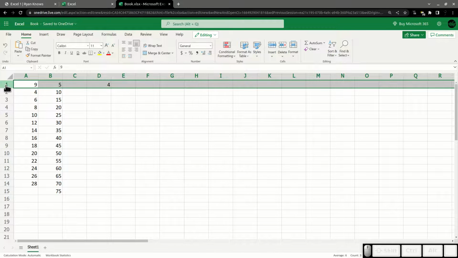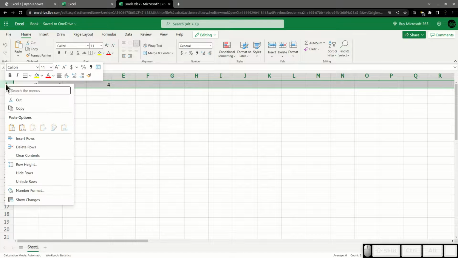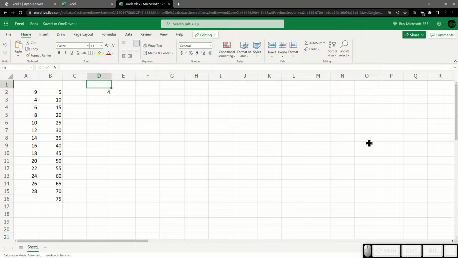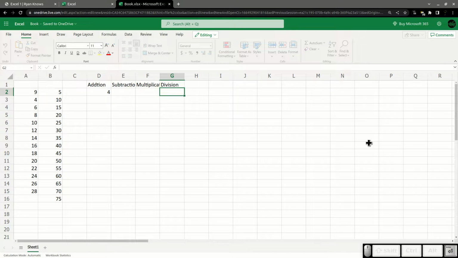I'm gonna right click or 2-finger click depending on what device you're on, and I'm gonna go to insert rows, and it just inserted a row up top, because what I want is I want a heading. I want to say this is addition, this is subtraction, multiplication, and division.